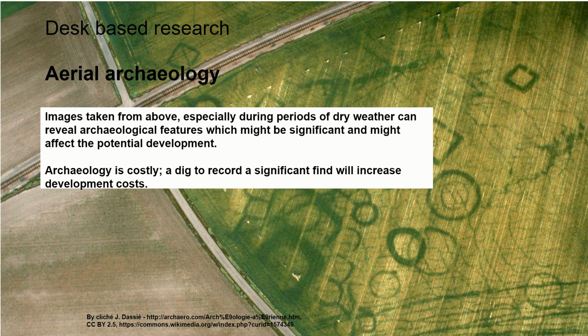And this can be buildings or settlements or walls or roadways that have historic significance. And we can sometimes, if we're looking for a development site, if there's evidence of archaeology on the site, that can